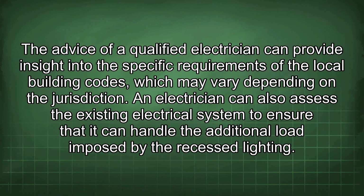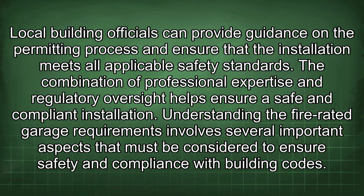The advice of a qualified electrician can provide insight into the specific requirements of the local building codes, which may vary depending on the jurisdiction. An electrician can also assess the existing electrical system to ensure that it can handle the additional load imposed by the recessed lighting. Local building officials can provide guidance on the